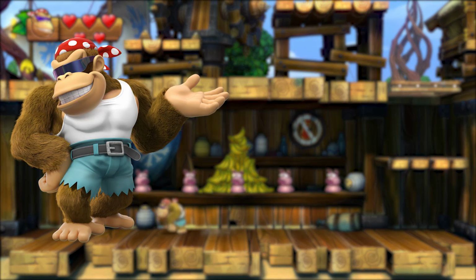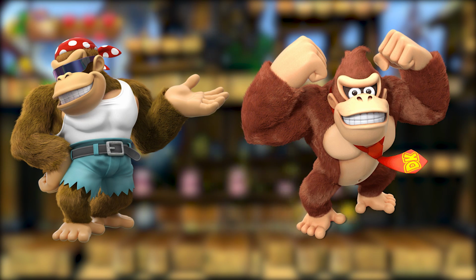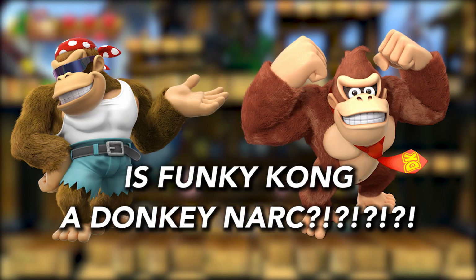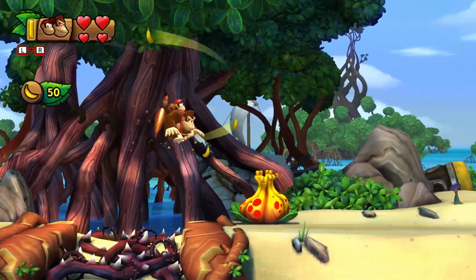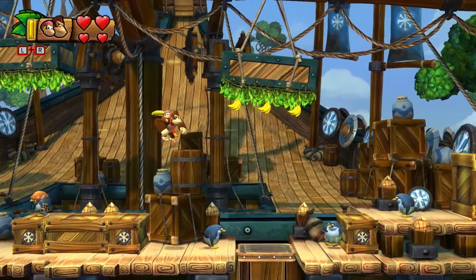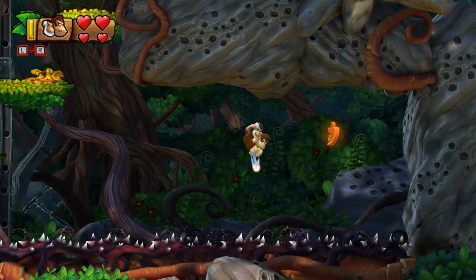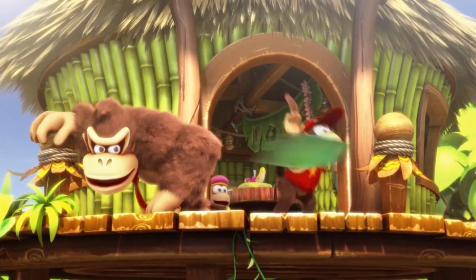Wait, he looks exactly like Donkey Kong with sunglasses and a bandana and shorts and a smile. Is he Donkey Kong? Is Donkey Kong okay? Is Donkey Kong a narc? I love it. Of course, Diddy Kong is here. He's got a jetpack. And you got Dixie Kong too. She's got hair. Her hair is a helicopter. Everybody can fly except for Donkey Kong. And you can use Cranky Kong's cane to pogo jump on spikes, just like DuckTales. So it's got all your favorite...